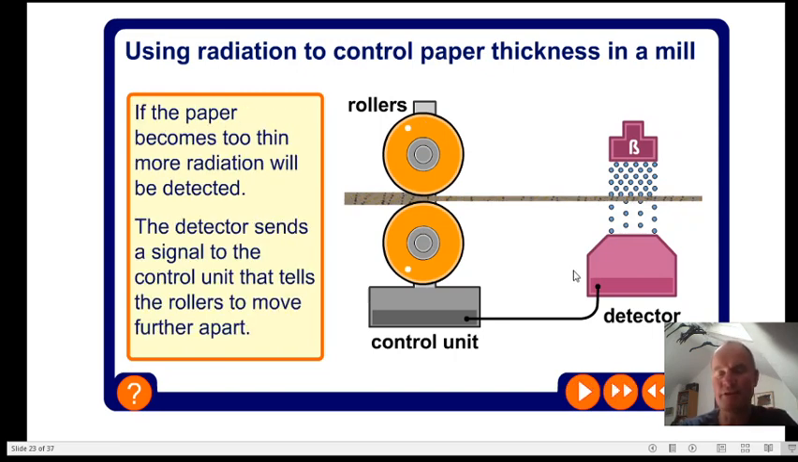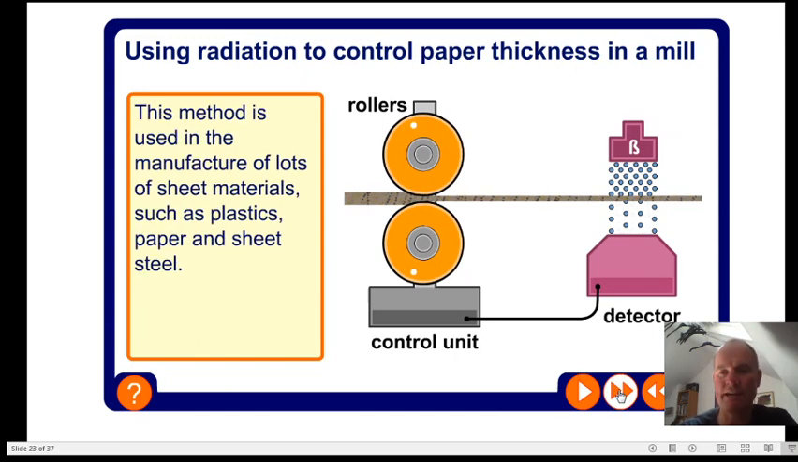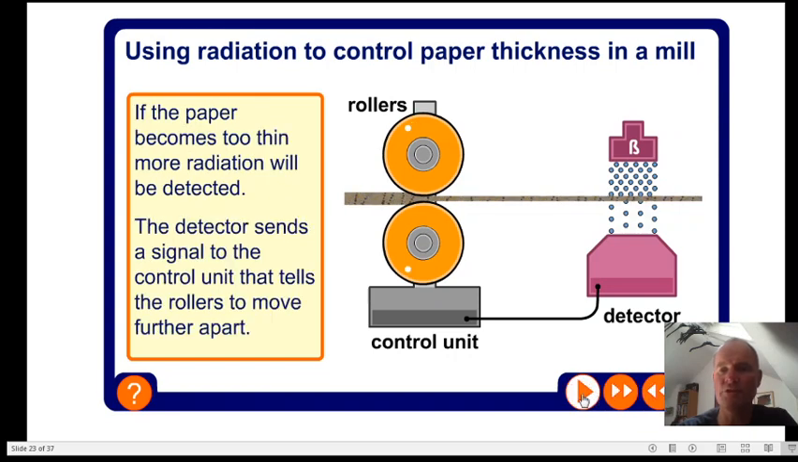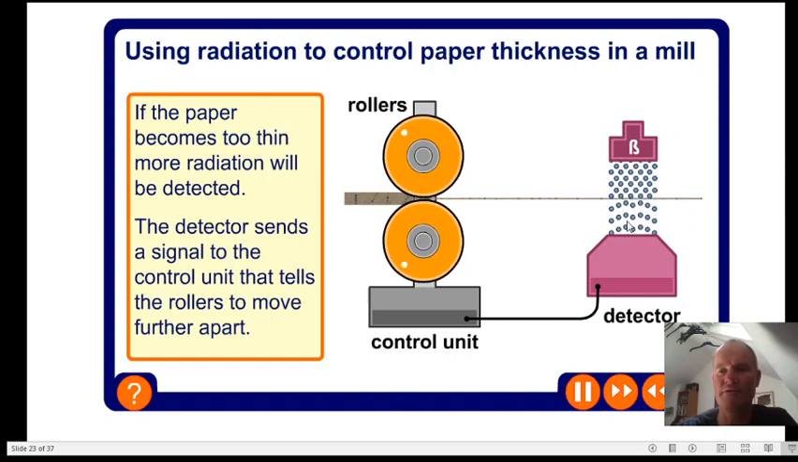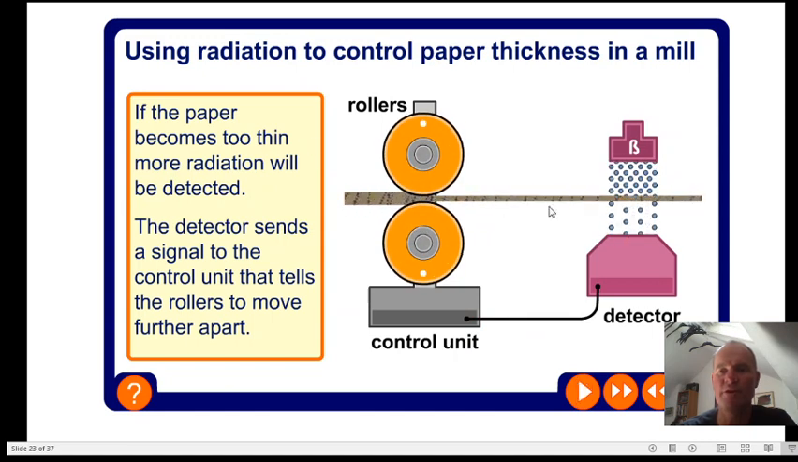Similarly, if the paper becomes too thin, too much radiation will be detected, and the detector sends a signal to the control unit telling it basically you're squeezing too tightly, move apart, because we're getting too much beta getting through. So again, too thin, we get too much beta going through, and therefore the signal is sent from the detector to tell the control unit to move the rollers further apart until just the required and predetermined amount of beta